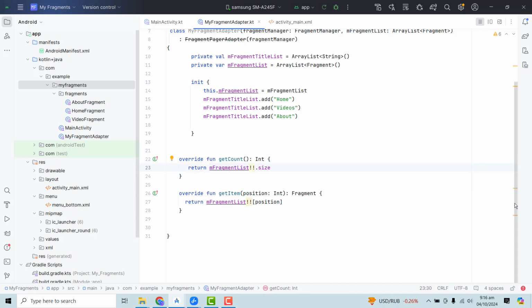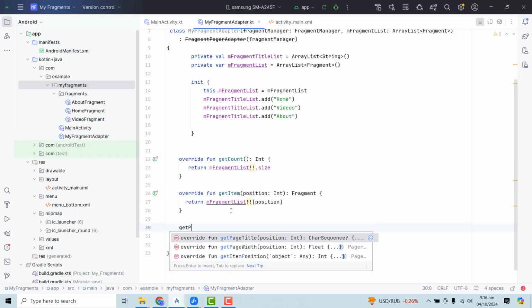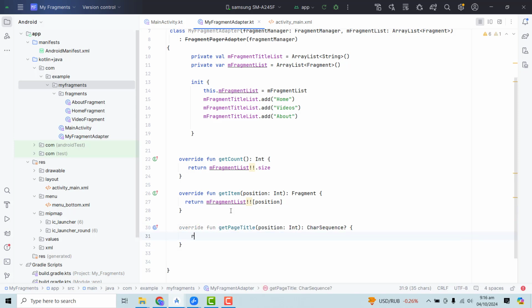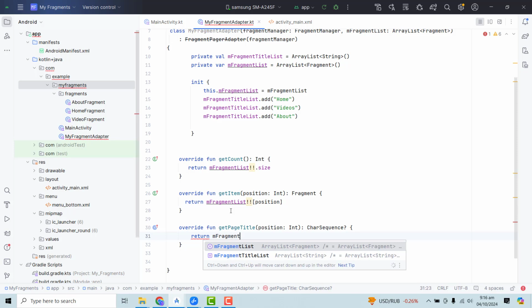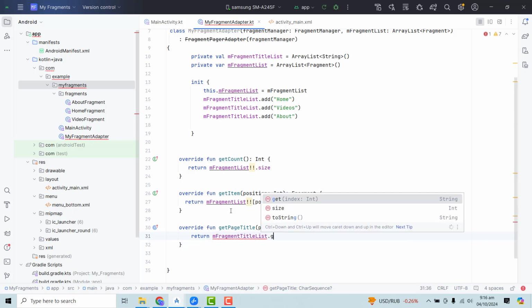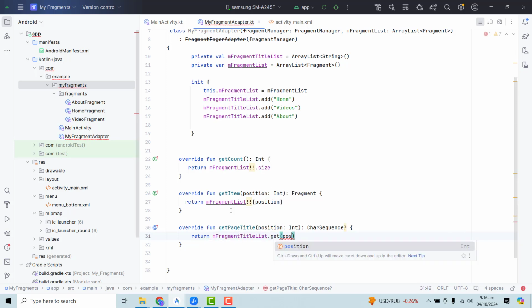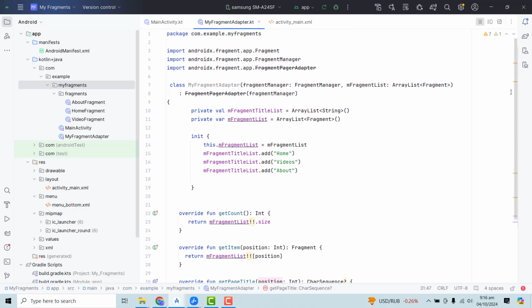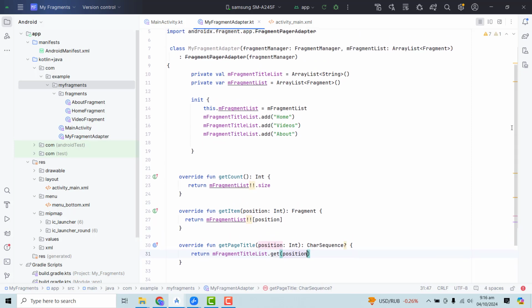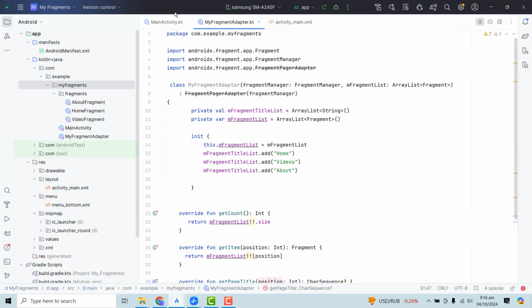And here we will have to implement another method, and that is the get page title, and instead of returning super we can return m fragment title list dot get, and inside that we can pass on our position variable here. Alright, so we have these things ready, the adapter is ready,